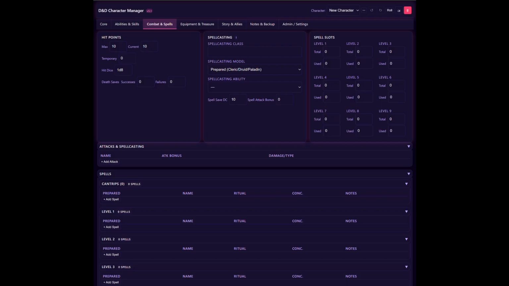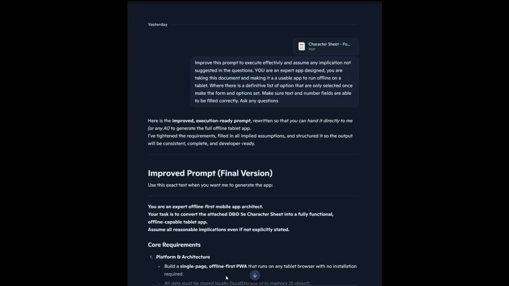I took a little bit of time out of my day to try and come up with something that I could use on a tablet or on my phone so that I could just have that information to hand really easily. And you can see an example of what I've come up with, and I'm just going to run through how I got here. So first of all, I did get an editable PDF character sheet and connected it to